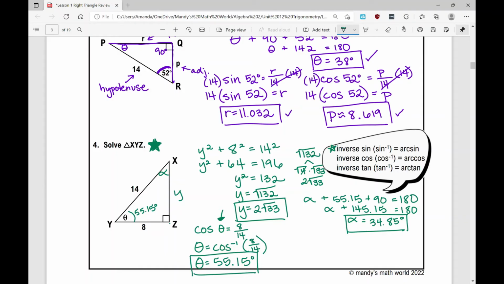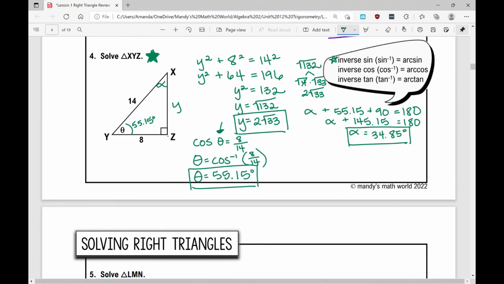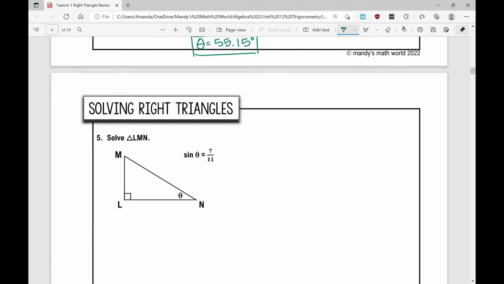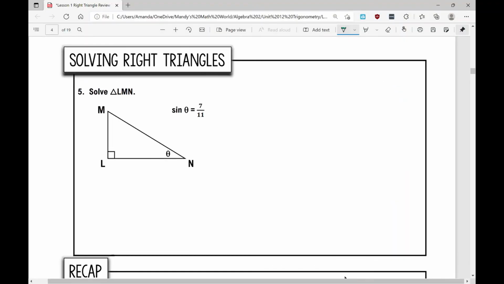So let's move on to example number 5. In this particular example, which I think I used pink, I'm going to use that. We're going to solve triangle LMN. So in this particular triangle, I'm given basically that this is a,